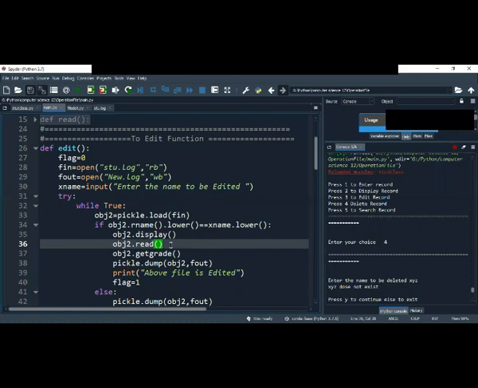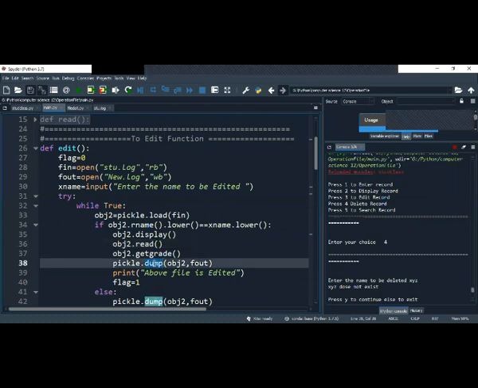Here I will be taking the value, as I told you, read and get grade. It will allow me to enter the value here. After entering the value, I will be dumping it on the file. After dumping, the file is edited. For example, I wrote roll number 1, whole data was correct.